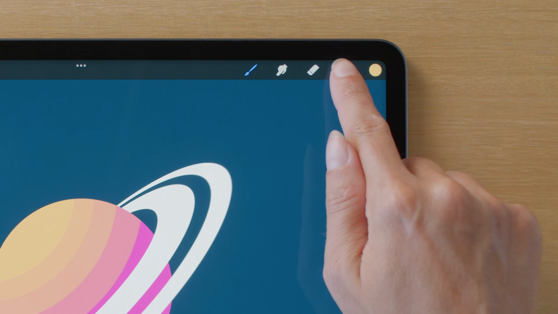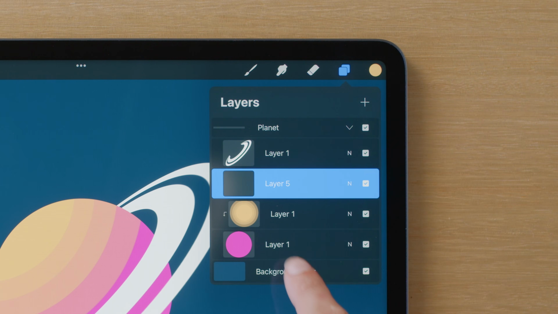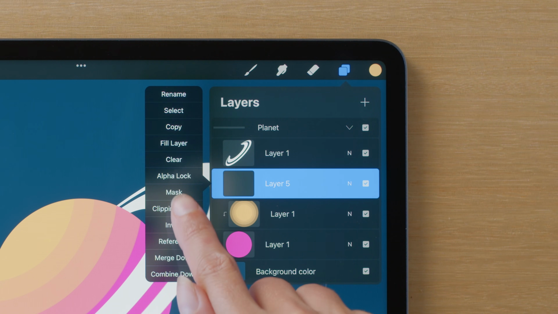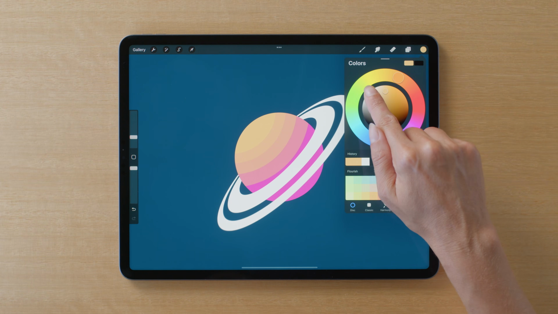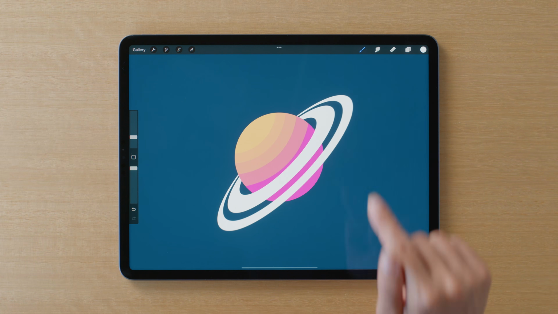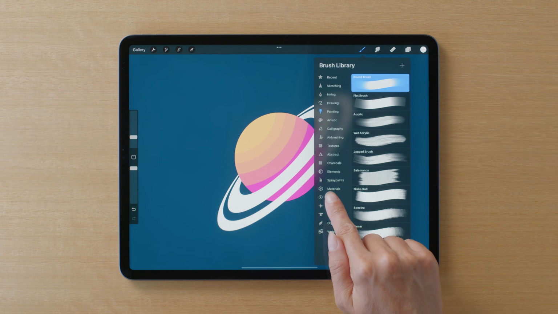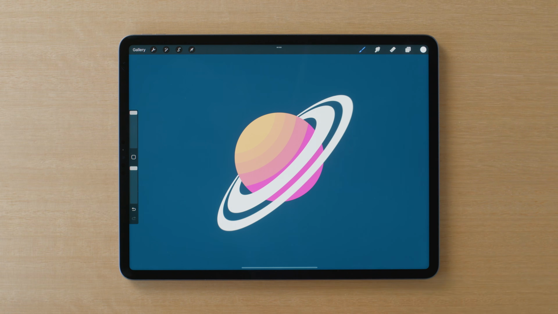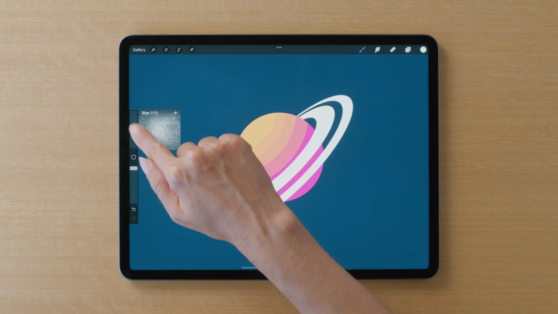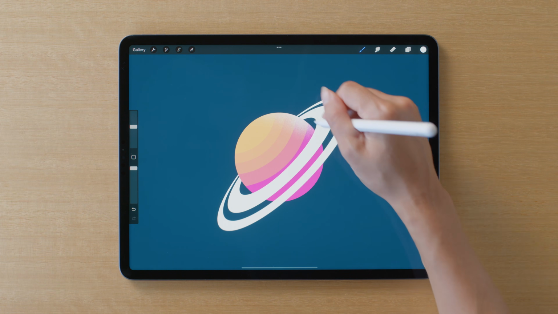Now let's add another clipping mask. Add a new layer above the clipping mask, tap that layer and tap Clipping Mask. Go to your colour disc and double tap to select Pure White. Go to Brushes, Spray Paints, Medium Nozzle. Make the size around halfway and paint a cute little highlight.